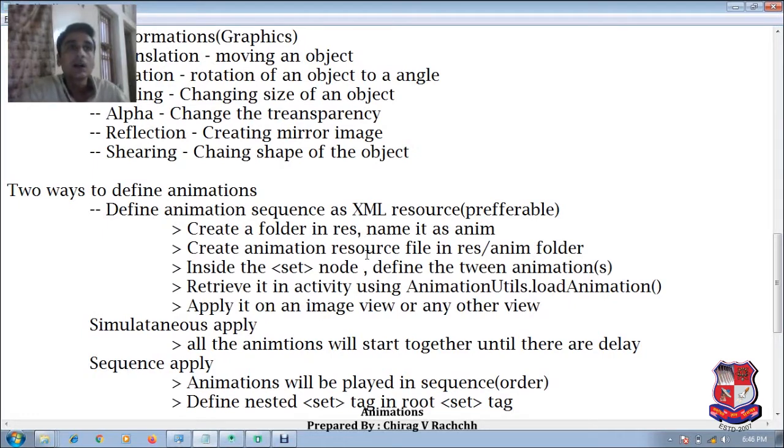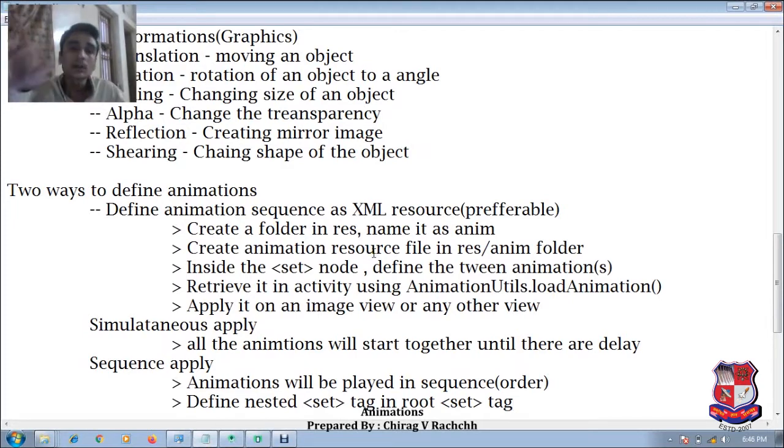But on the other hand, it has a benefit also: if we are going to use that animation only in one activity, then the code which we have to write using the Java language is a little bit easier and shorter than what we have to write in XML.